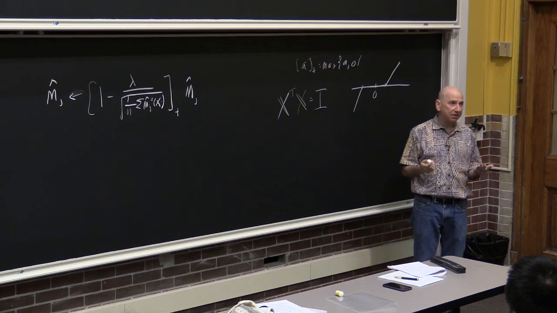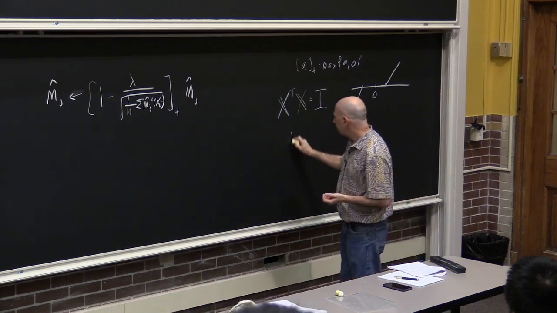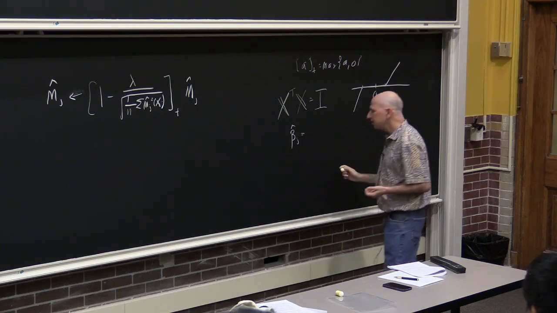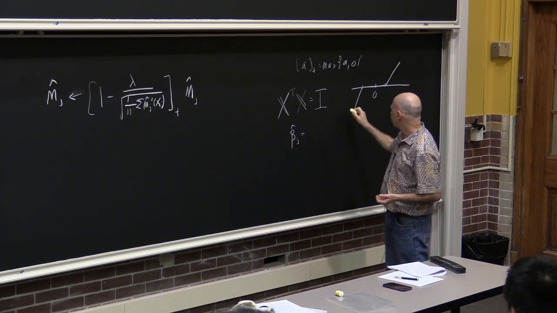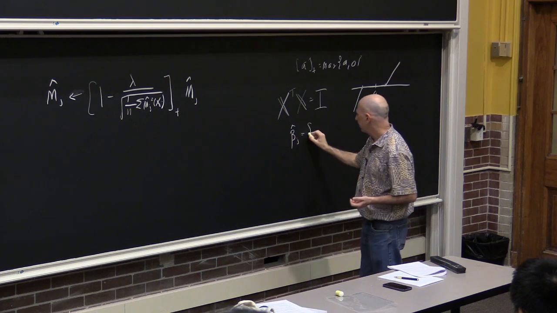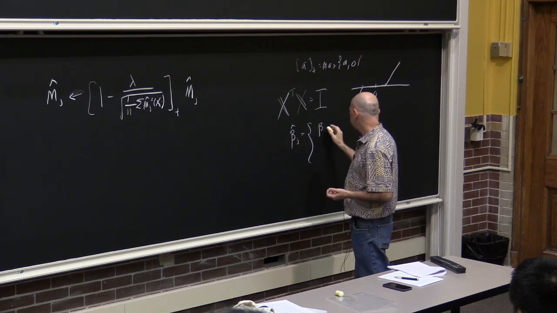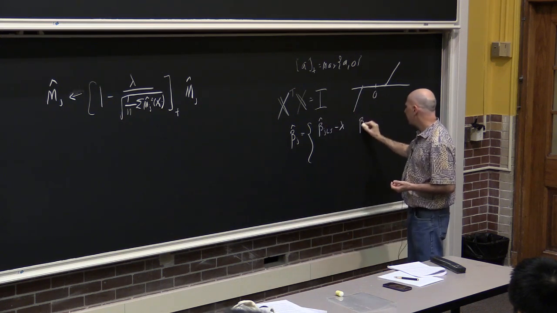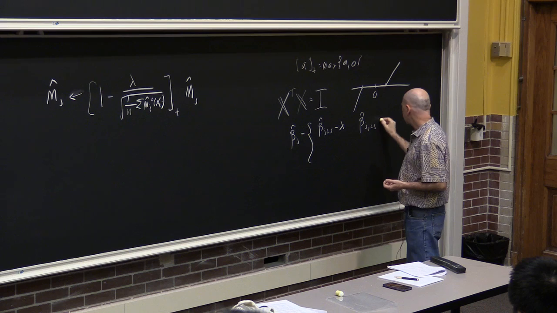But if it does happen, it turns out that you can write down beta j hat as simply equal to the least squares estimator with soft thresholding. So let's call it beta j hat least squares minus lambda if beta j hat least squares is bigger than lambda,